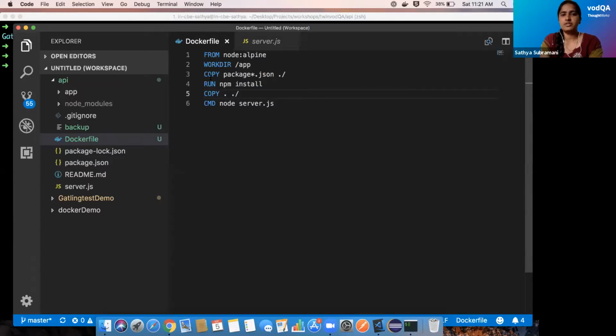If we build this for the first time, it will run all the commands mentioned in the Docker file. If you build a second or third time, it will execute based on the changes. If there are no changes in the dependencies, it will go directly to line 5 and start executing from there. So this is how we need to write the Docker file, and we need to build this Docker file.